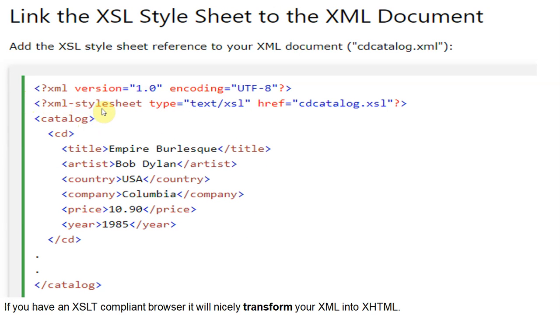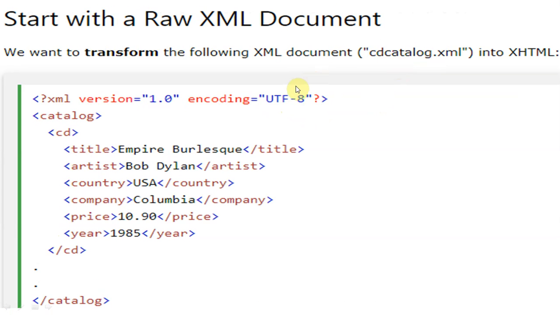So we have written here xml-stylesheet, type text/xsl, and href, a hyperlink. We can write here C: or D:, or any server name also we can mention here, href cdcatalog.xsl. So cdcatalog.xml is this file, but there is no XSL sheet in this file.